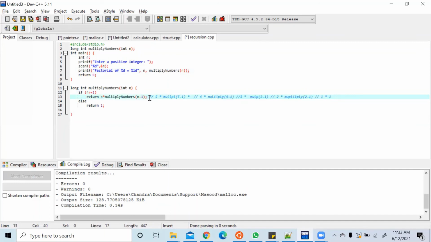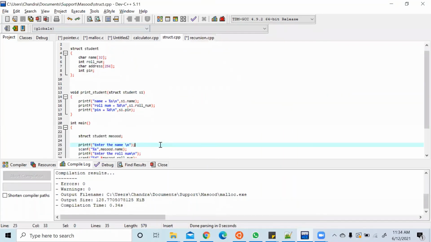Okay. Do you see any advantages and disadvantages here? So one of the disadvantages is, in my last session, I explained one thing, right? In struct.cpp.